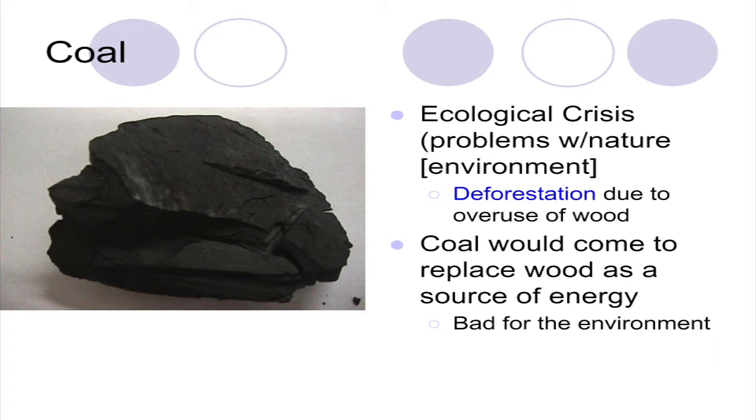So we start to use coal, which is to the left-hand side, and this looks very similar to what you would see in a barbecue, like a charcoal. And this is going to be the new type of item that is used for energy. It is super bad for the environment as it causes lots of pollution. If you work around it, you could get cancer. It's very dangerous for your lungs.